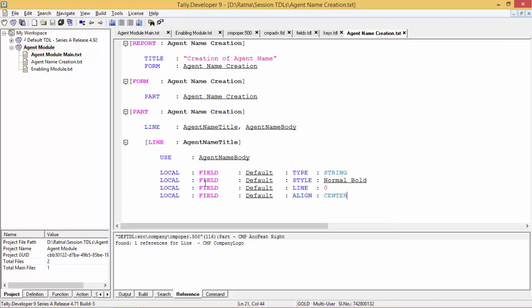So these 4 lines are fixed, and we will give a space bottom,